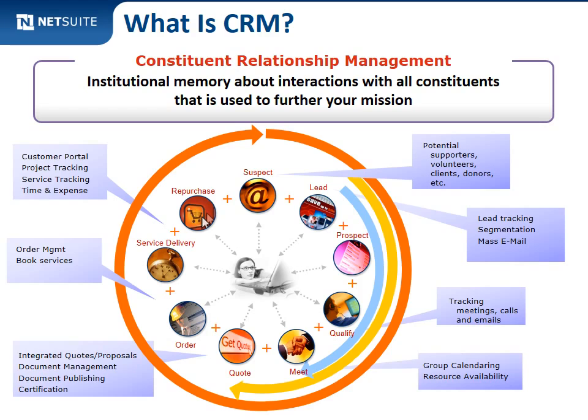CRM means different things to different people. So oftentimes in a donor database context, you're worried about who are my prospects, who are the people that I'm going to ask for money, how do I relate to them, and then once they commit to giving me money, that's kind of the end of the cycle. You'll see there that's lead and prospect. Again, most CRMs are built out of a business context, so we use some of those terms. But qualify and meet, those are all your interactions, tracking meetings and calls with people.